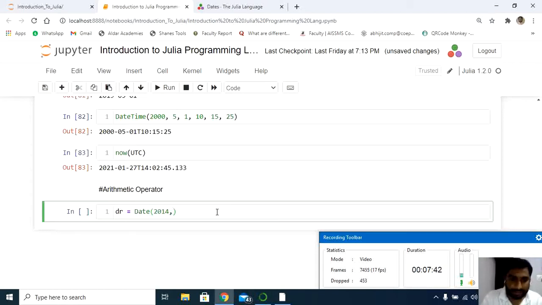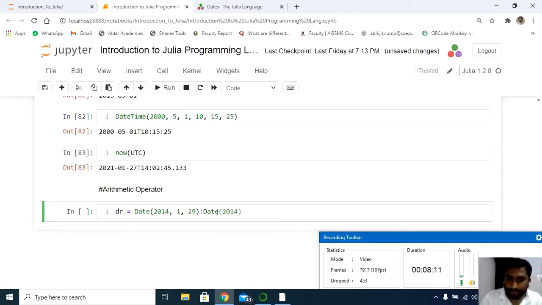Now next, let's say my month is 1. Next, the day is 29. I want to display the list of the dates from the starting date to the ending date. So I can make use of the colon here, and you can give the ending date. Let's say my ending date is date